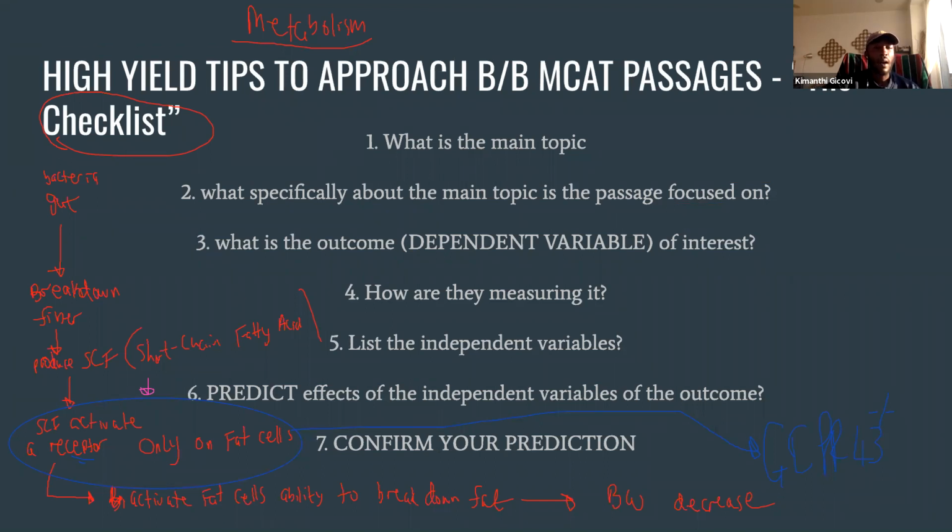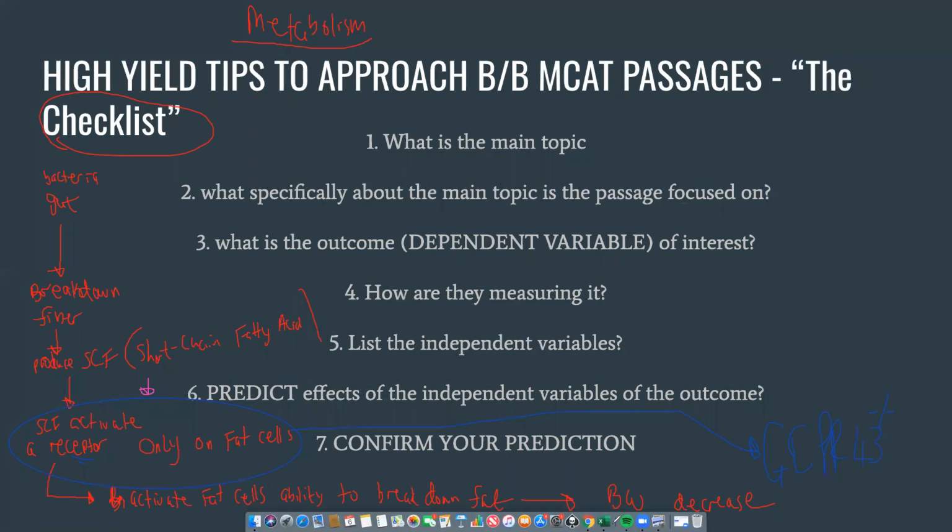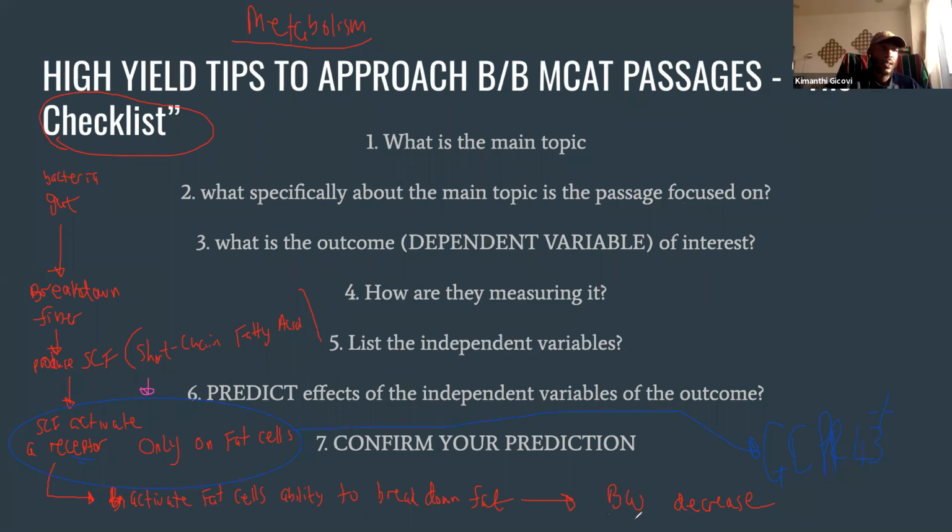Allison, what do you think the most obvious outcome should be on this passage? Or the most obvious way to measure the outcome, either one. Probably if the person loses weight or not. So let's say the body weight is gonna be our outcome of interest, and we're gonna measure it, let's say in grams. This is body weight, this is receptor, and this is a process, okay?